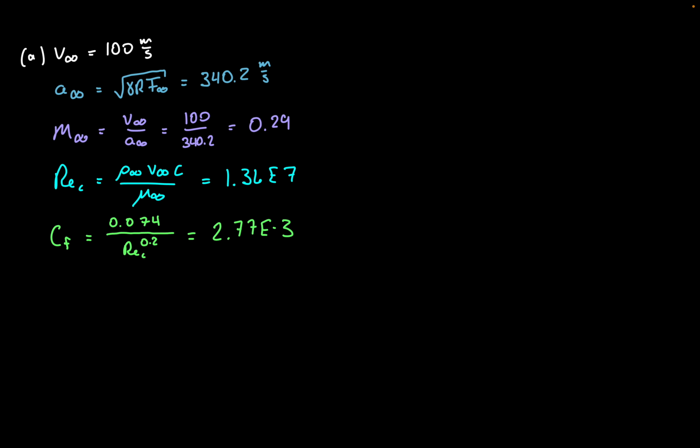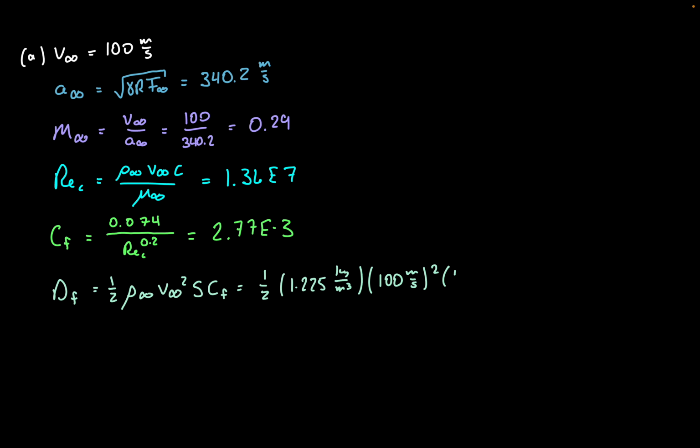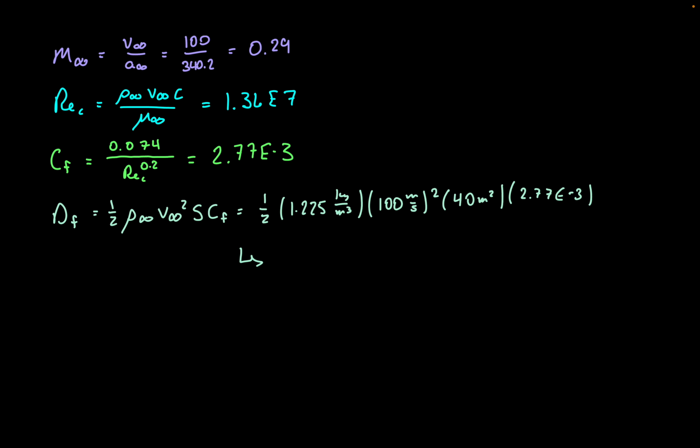Now we can calculate the friction drag. That's equal to 1/2 rho infinity V infinity squared times S times C sub F. I'll plug in the values here real quick. Density is 1.225 kilograms per meter cubed, V infinity is 100 meters per second, S is 40 meters squared, and CF is 2.77 times 10 to the negative 3. From here we should get a skin friction drag of